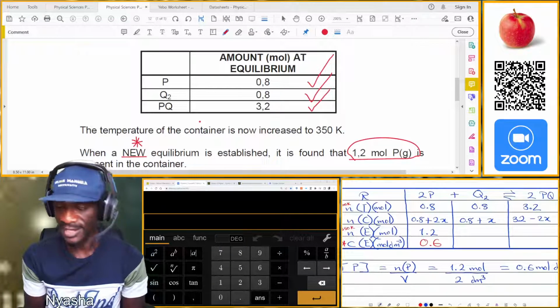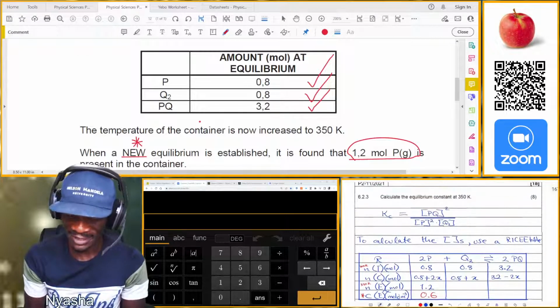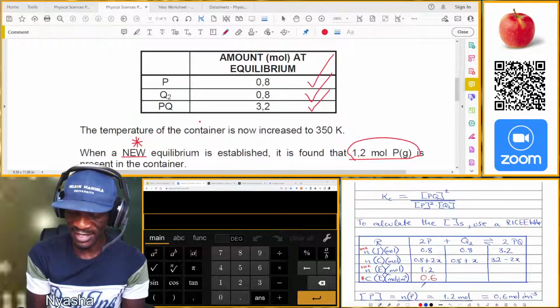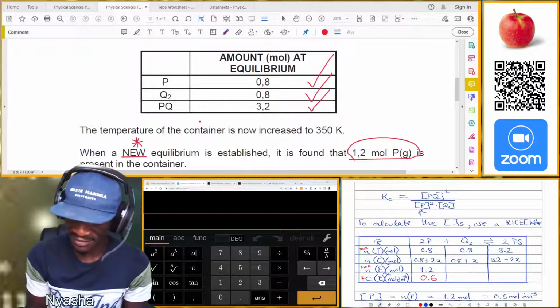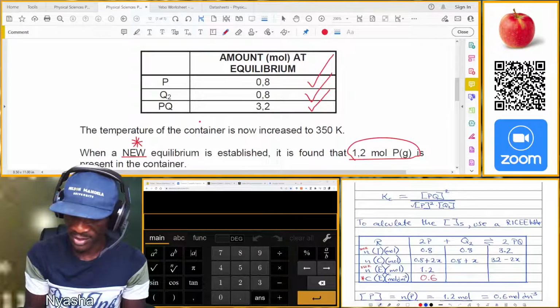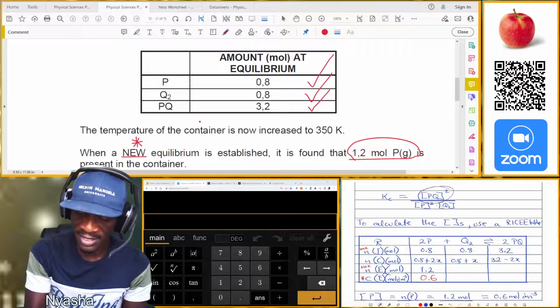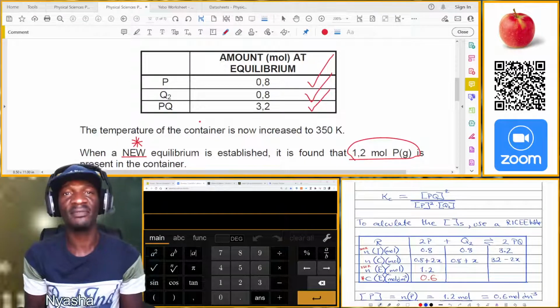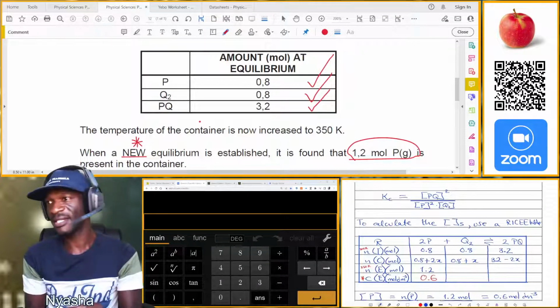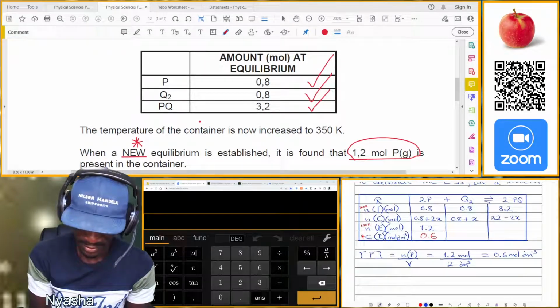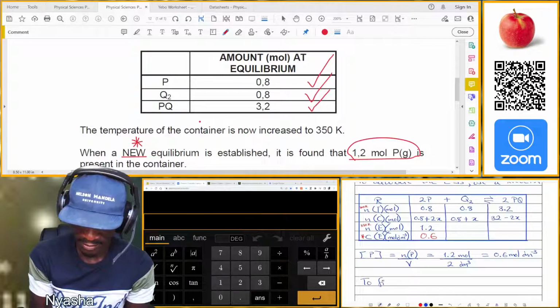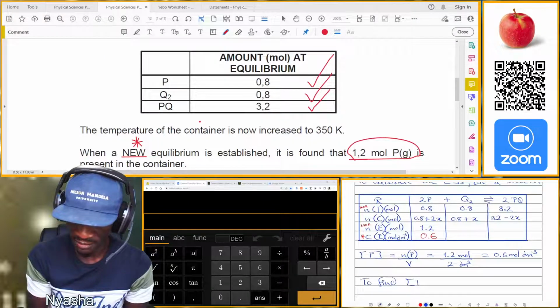So what is the next step? Now that we have the concentration of P, it was readily available, isn't it? It was readily available because they gave us that. So it's found. So we are happy that this part of the equation is already solved. So how can we find the concentration of these now? How can we find the concentration of PQ and the concentration of Q2? So to find the concentration of PQ and Q2,